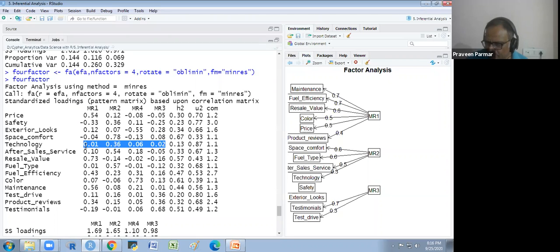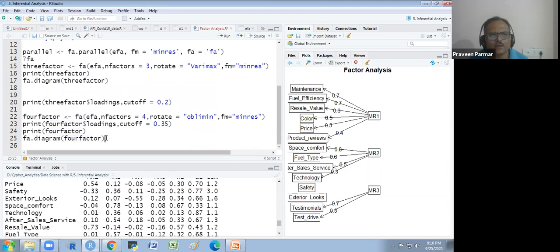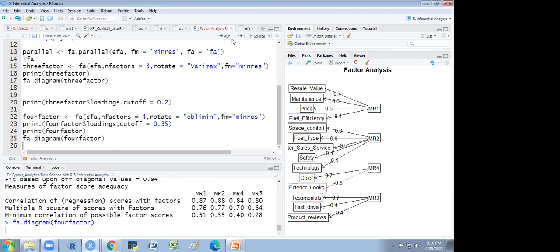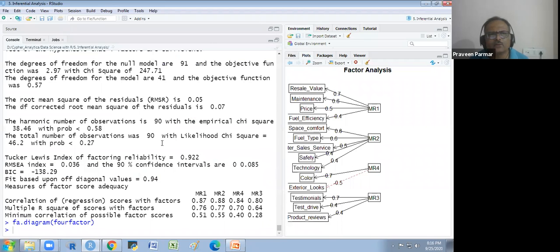Suppose I explain it here. I just take one example. This is the 4 factor solution we have taken, but it is not giving us the correct picture. The 3 was good. So if I print this, I will show you the diagram of this. This is not a perfect one here. You see the red line here. It is somewhere in the boundary.